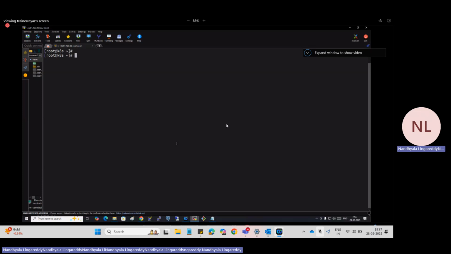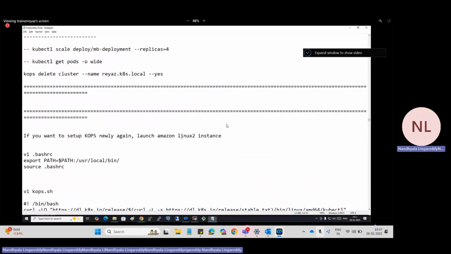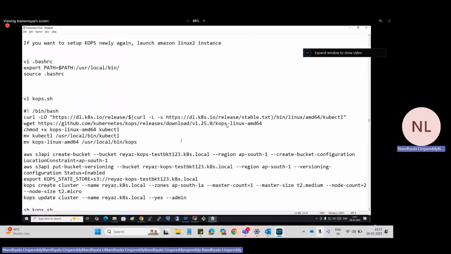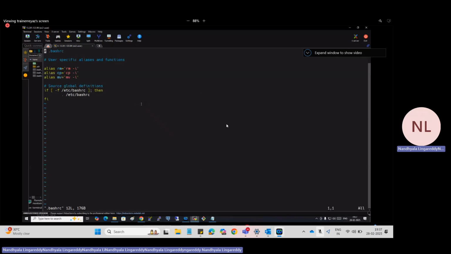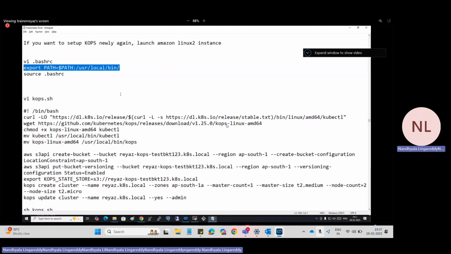Before we talk about all these things, first I need to set up the cluster. So I just launched an EC2 instance. We will set up the cluster first. Let's edit our bashrc, and then I'll export this first of all.